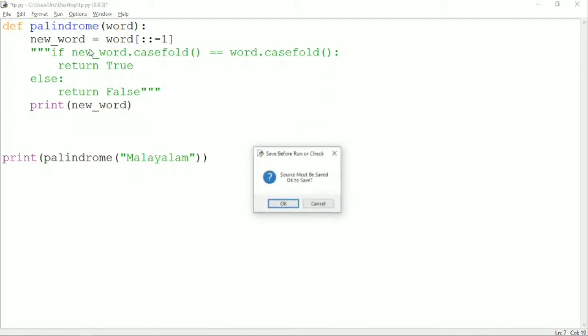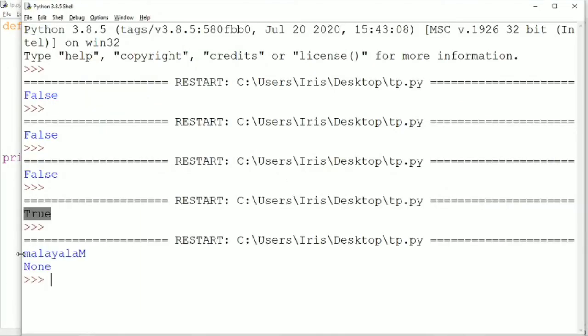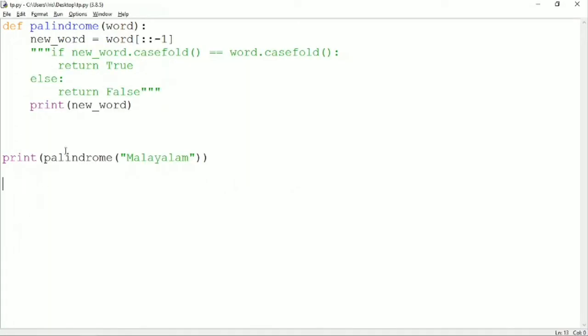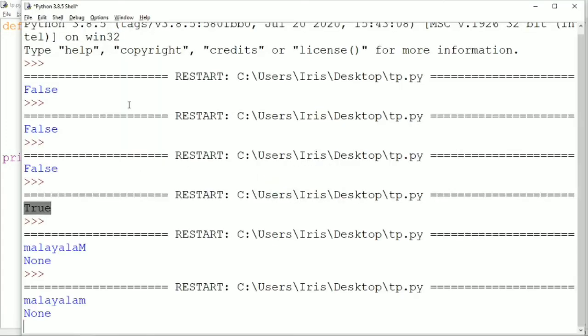Let me print my new word and check out. So my first word is Malayalam. So it literally reversed it and did not care about the uppercase or lowercase, just returned it in its same order. Okay, so now I will print it with the casefold, which means it is lowering the cases. And now let me run it and check.